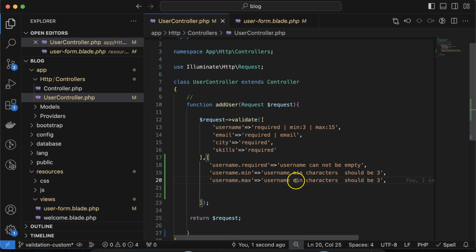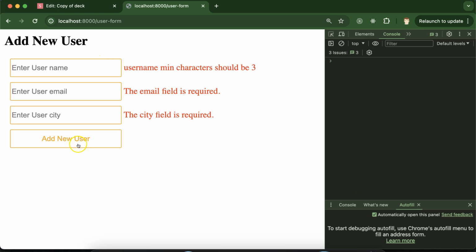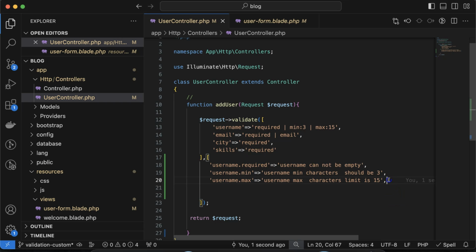You can say 'username max character limit is 15,' right? Then let me put lots of characters there, and you will find 'username max character limit is 15.' Similarly, if you want to apply validation for